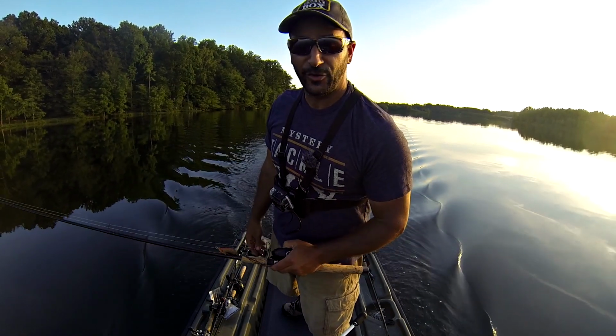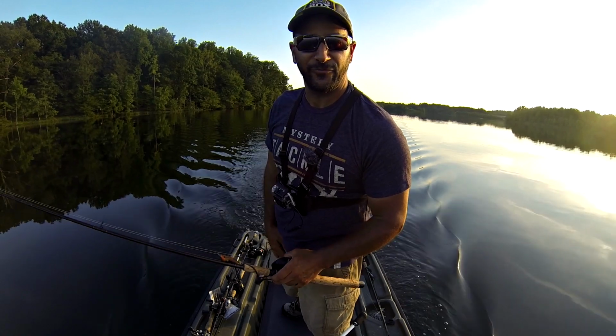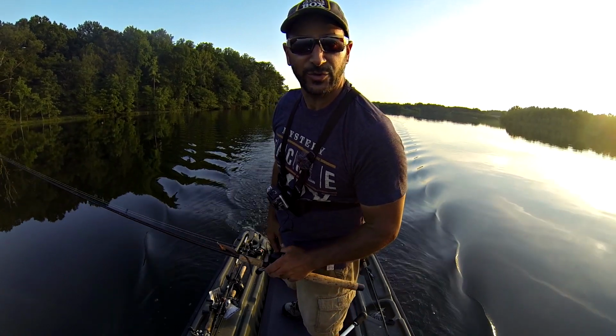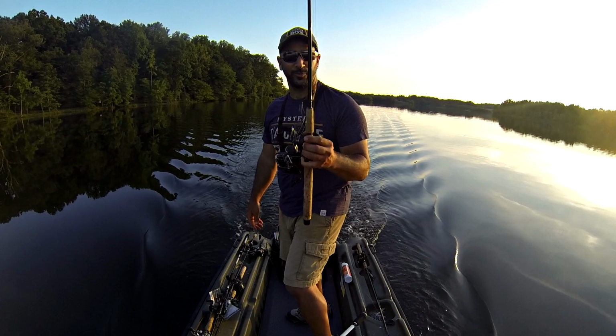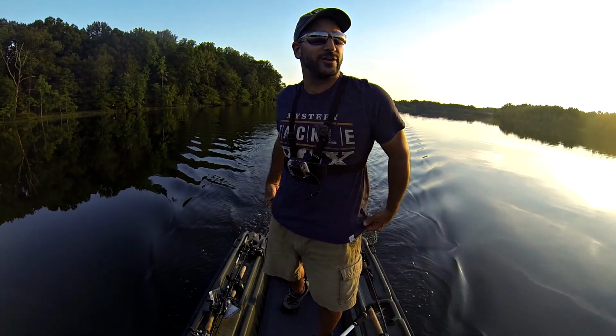And braid 30-pound test because it's a smaller bait altogether, and it's going to give me a floating line, and it's going to be an instant hook set with no stretch. So we're good to go. We're hooked up and ready to go for the rat as the sun dips. We're going to hit one more spot for the drop shot and see if we can land maybe 1 or